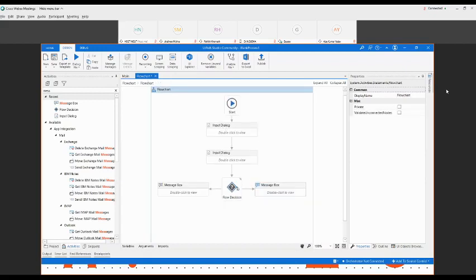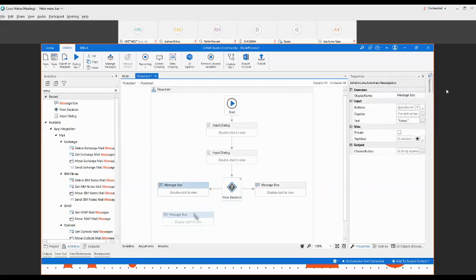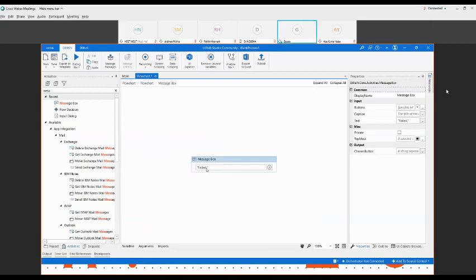Now let me see if it is working fine or not. You can see we have mentioned true and false. This was by mistake, I mentioned it wrongly, so you can just correct it.